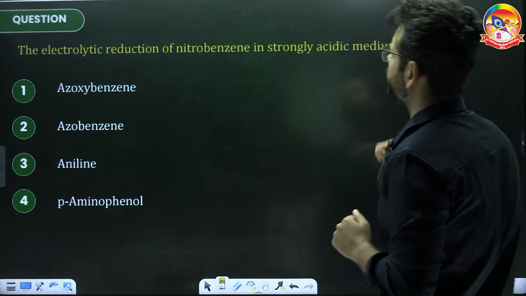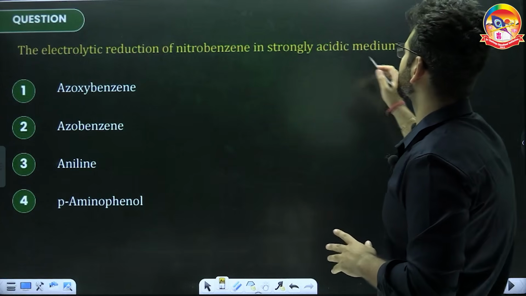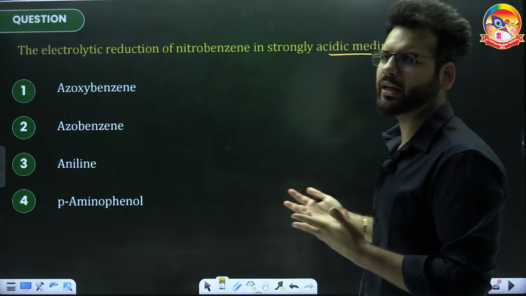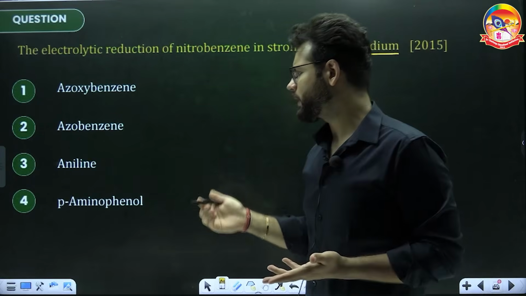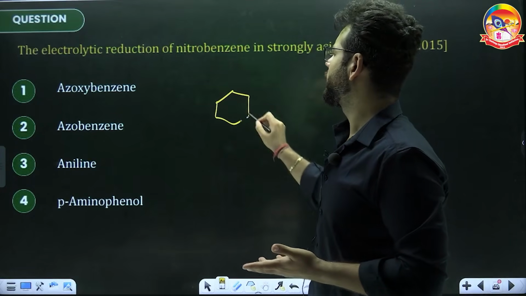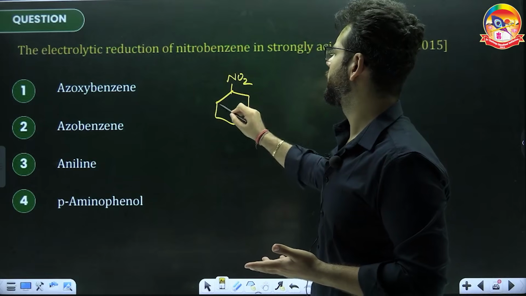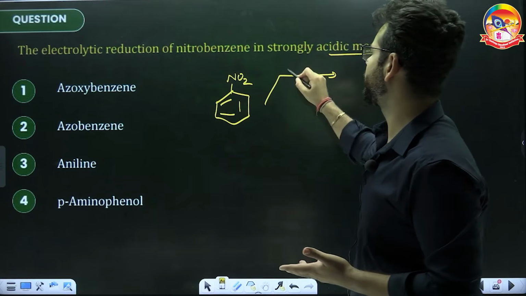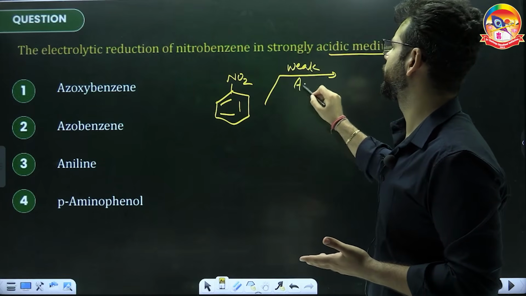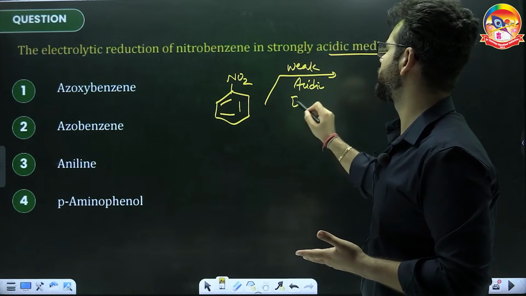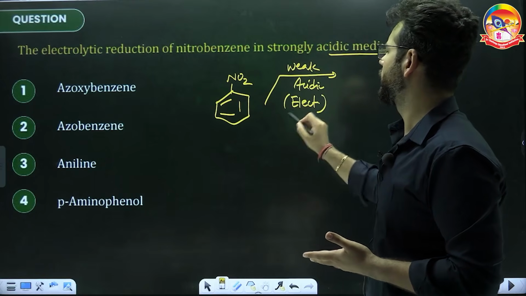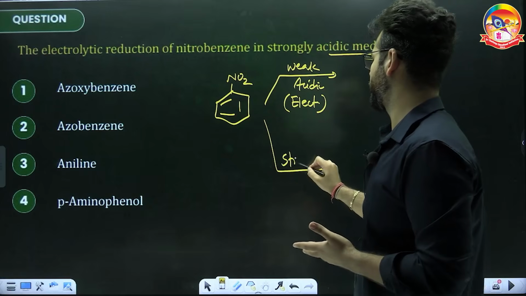Okay, electrolytic reduction of nitrobenzene in strongly acidic medium. This is not there in the syllabus anymore, but you can remember it if you want: when you take nitrobenzene in weak acidic medium, if you do electrolysis, or in a strong acidic medium, if you do electrolysis,